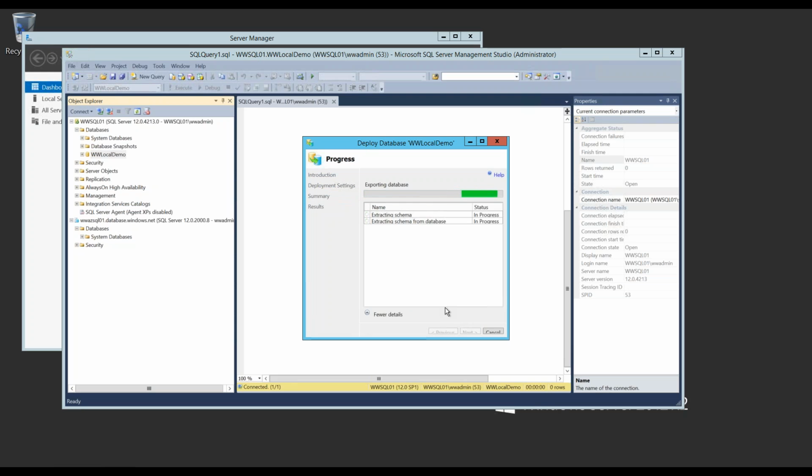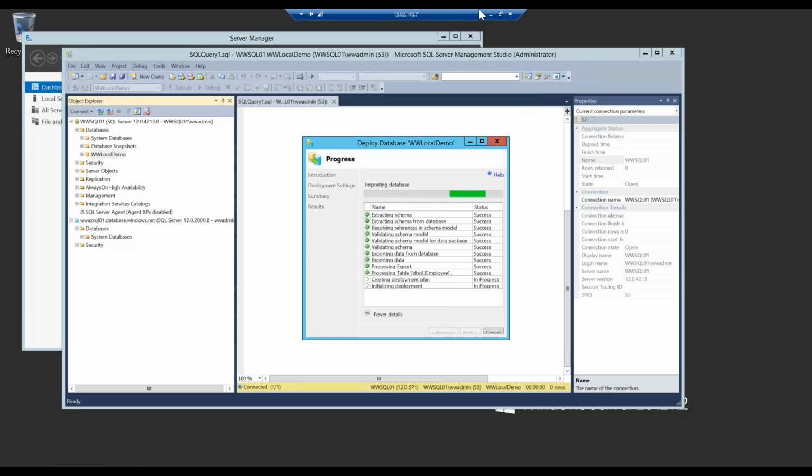Okay, so you're going to see very similar to any other SSIS package, SQL Server Integration Services package that runs. This is one that's been created on demand, and it's just going in the background to validate the database, extract it, and then you'll see it actually push the database over. So I'm going to let this run. Okay, that's looking like it's running well.